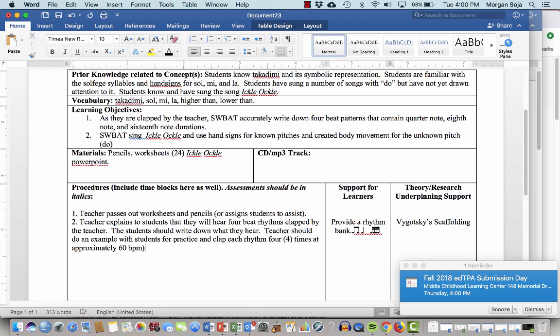BPM. Right, does that tell you what you need to know? Students should write down what they hear using symbolic notation, right? We want them to do it with the note heads and stuff. So students should write down what they hear using symbolic notation. Teacher should do an example with students for practice and clap each rhythm